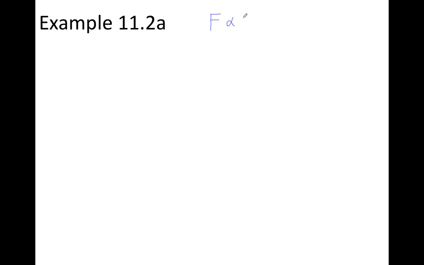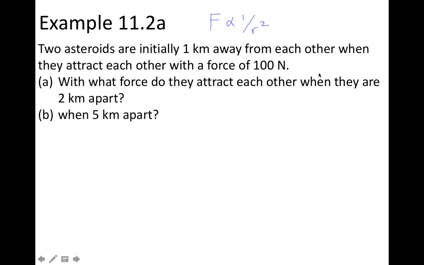Newton's law says that the force of gravity between two objects is inversely proportional to the square of the distance between them. And we can use this relationship to make some predictions about the relative force between two objects. Let's say that we have two asteroids initially a kilometer apart, and they are attracting each other with a force of 100 newtons. Well, with what force do they attract each other when they're 2 kilometers apart, where the distance has doubled? So if we keep in mind that the force is inversely proportional to the radius squared, well, then